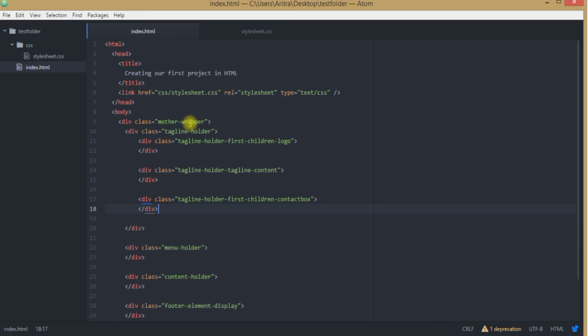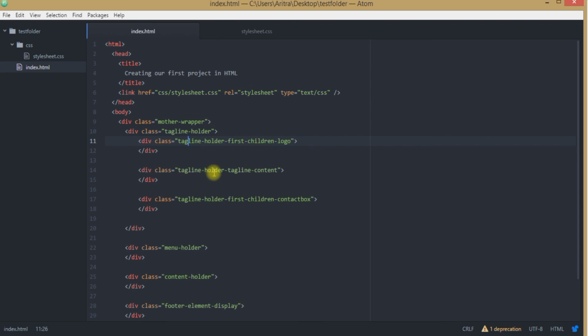So far, up to this is the mother wrapper, inside which this tagline holder is a parent div, which is of the same width as the mother wrapper, 1000 pixels, and inside this tagline holder I just split this tagline holder into 3 independent boxes. This is the first child box, which is known as the tagline holder first children logo.